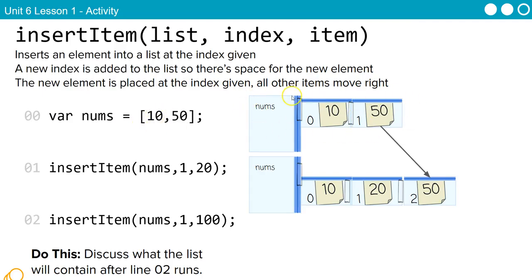So I've got this. I want to insert into my nums list at index 1 the number 20. So I'm saying, hey, put this in between these two and shift the 50 to the right, which is what you see here. And again, JavaScript has handled the indexing for us. You don't have to worry about that. So this inserted 20 into index 1 and then moved the 50 for us to the right and gave it